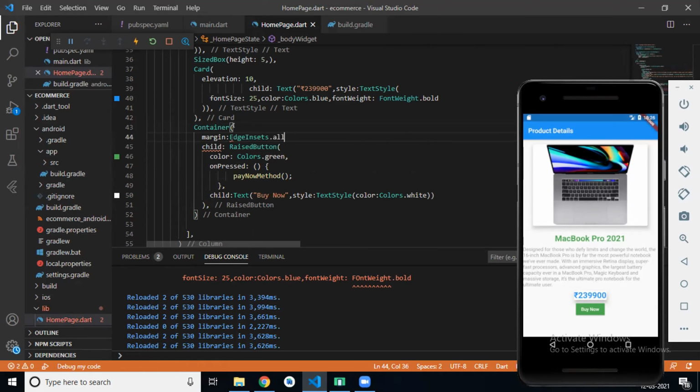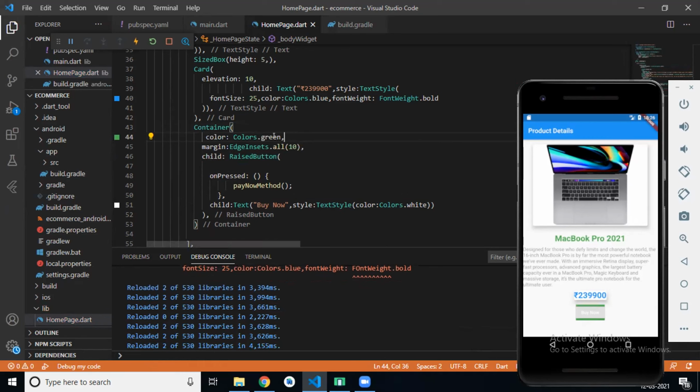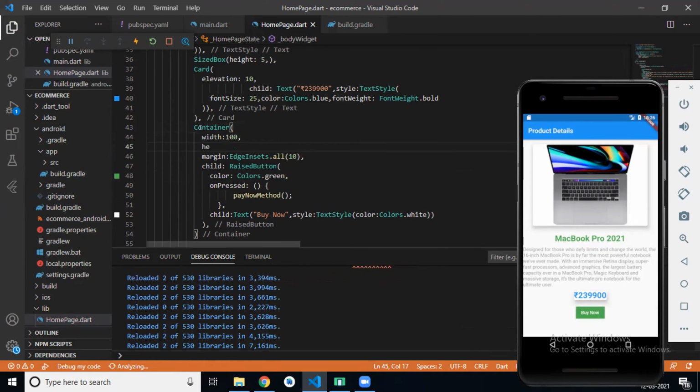Edge inset dot all 10. And if I set this color property with container and refresh this, okay. And we can give width 100, height also 100.